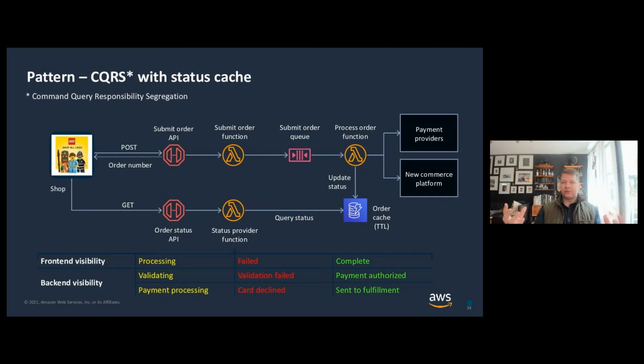And the reason that using queues and separating the responsibilities here is so important, let's say that the payment provider goes down for a minute, 15 minutes, whatever it may be. What you don't want is for there to be a fully synchronous call of submit order function going directly to the payment provider, because in the event of a payment provider going down, what that would end up in is lost orders.